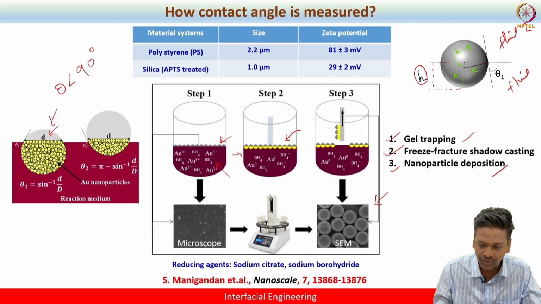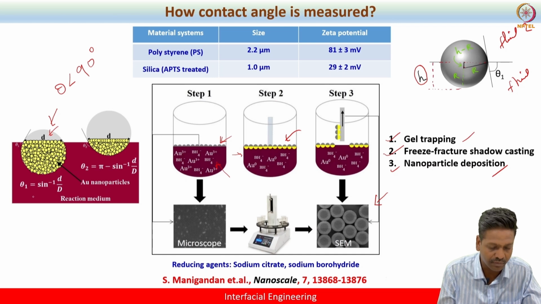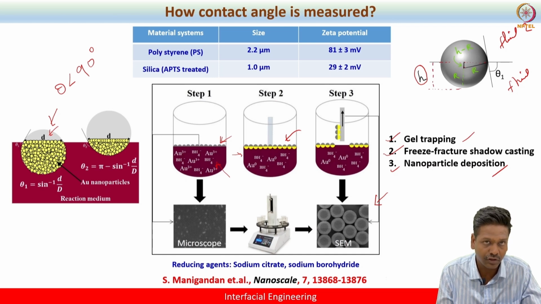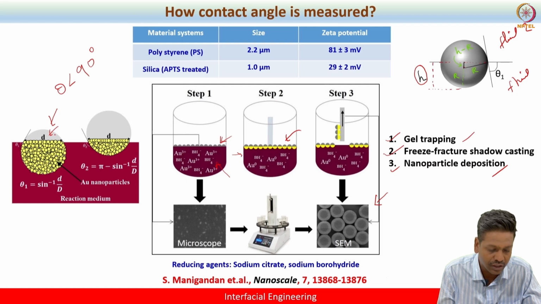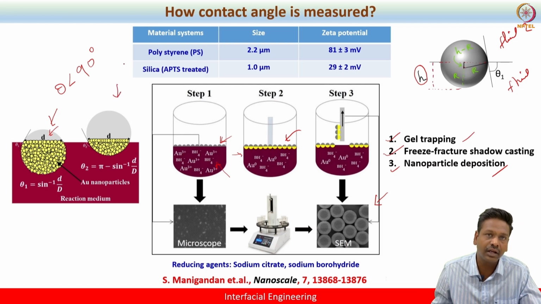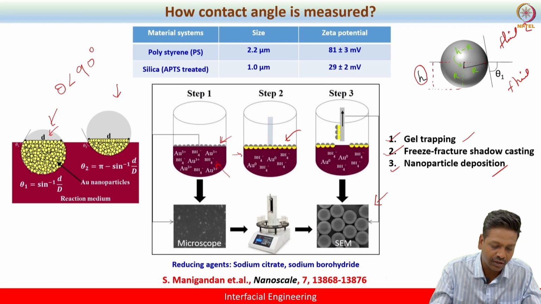In this case, the theta with respect to the interface we can measure using the simple geometric rule. One has to deduce this small d, and capital D is the diameter of the particle itself. So using the scanning electron microscopy, we can very well obtain this data. By using the geometric rule, we can understand this theta, which is the three-phase contact angle. Similarly, one can also understand for a hydrophobic particle where theta is going to be greater than 90 degree.